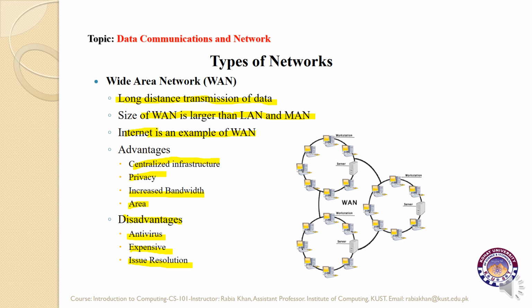So issue resolution takes a lot of time on a wide area network as it covers a larger geographical area. It is quite difficult to pinpoint the exact issue location which can cause the problem. Once the issue is pinpointed, it may also take time to resolve the issue